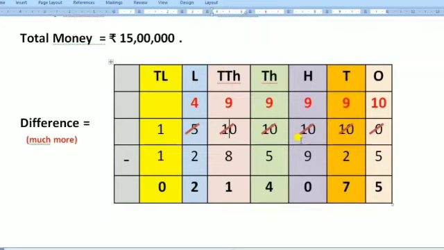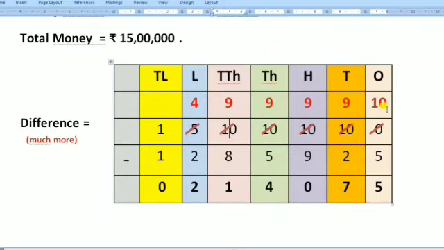Again this 10 will lend 1 to the earlier column, which has the digit 0. So now this 0 becomes 1 0 10, and this 10 will be left with 9 when 1 is subtracted. So write 9 here. Now this 10 column number 1 0 10 will lend 1 to 0. So this becomes 10, and the leftover here will be 9. So this way you first try to borrow and then define the actual values which will be there.